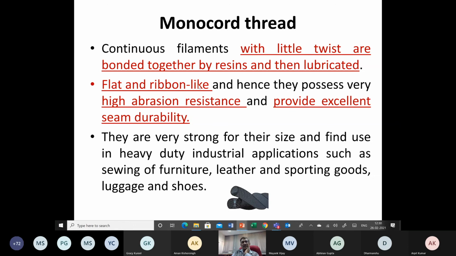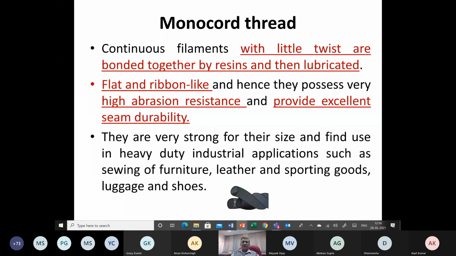What happened now? Because the twist is very low, imagine the filament yarn is like a number of soft cylinders. So when you are applying resins, the yarn is under tension. So the filaments try to spread out because of the low twist. So they assume a configuration similar to a ribbon. With that configuration, you have already applied resins, and it is set. So they have a flat, ribbon-like appearance.